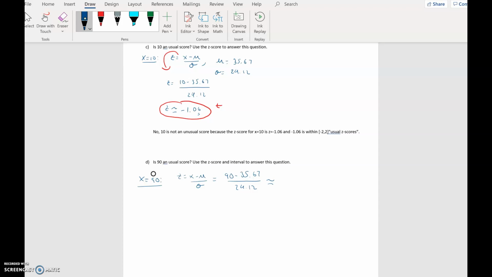Okay, so for this one, I'm getting 2.25. Please evaluate that. 2.25, and technically 2.25 is outside of the usual interval for z-scores of 2, so we could simply say